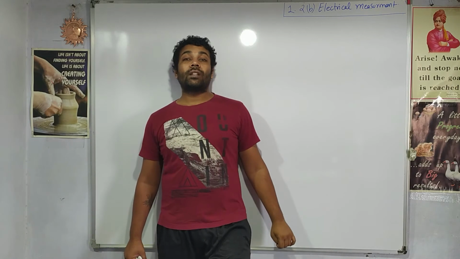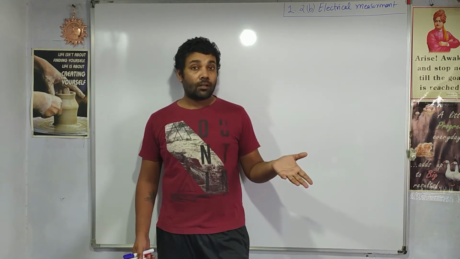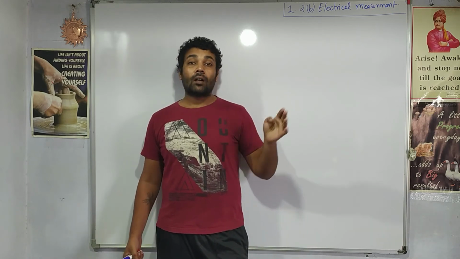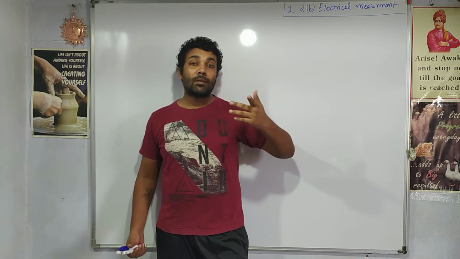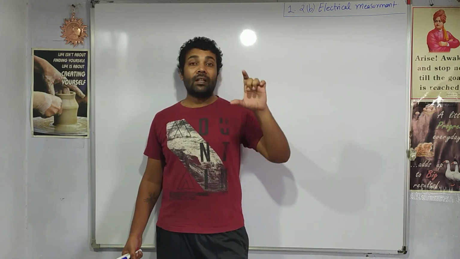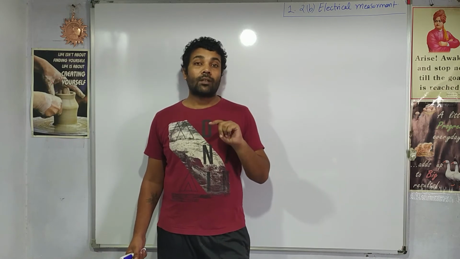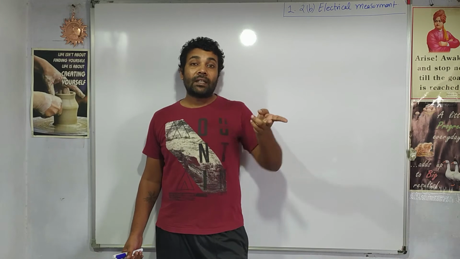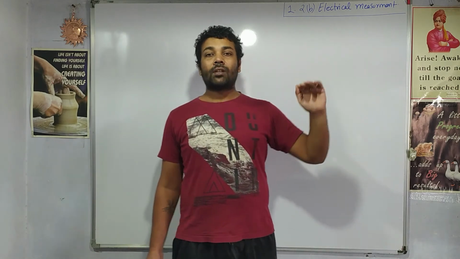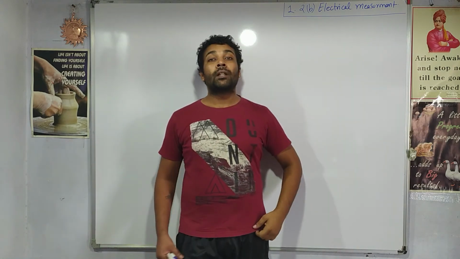What do we have in this section? In this section of electrical measurement, we will be measuring the value of unknown resistors, unknown temperature, the current flowing in the circuit, and the potential difference in the circuit. We will be measuring EMF of the cell, internal resistance of the cell, and comparing EMF of the two cells, and all such basic measurements related to the current electricity, we will be doing in this chapter.